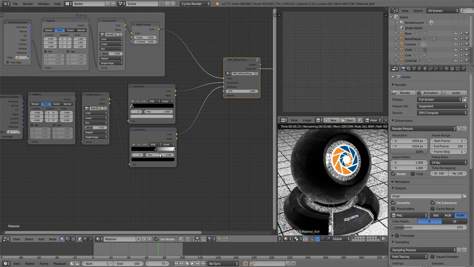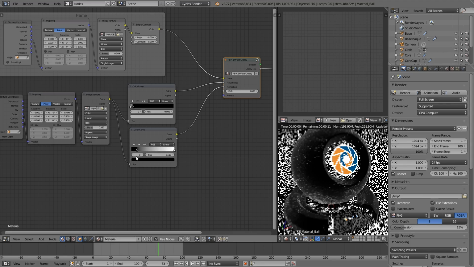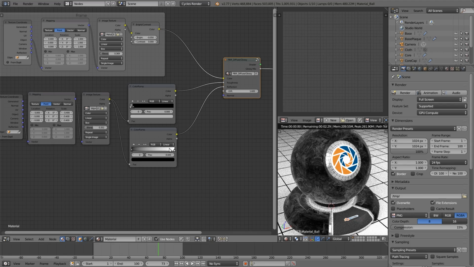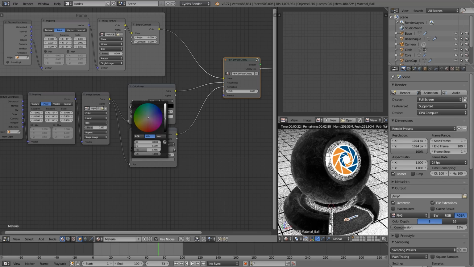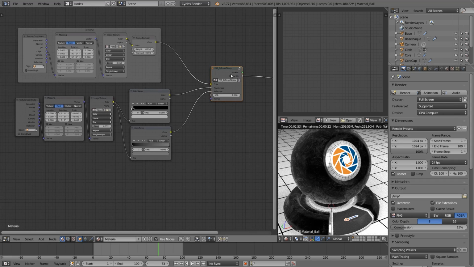And then we can bring in our cheating version here, like so. It's probably a bit on the bright side, so let's lower this white value. There you go. And now when we take a look at the material, once again